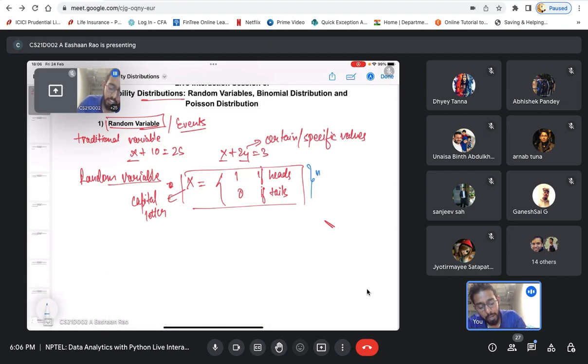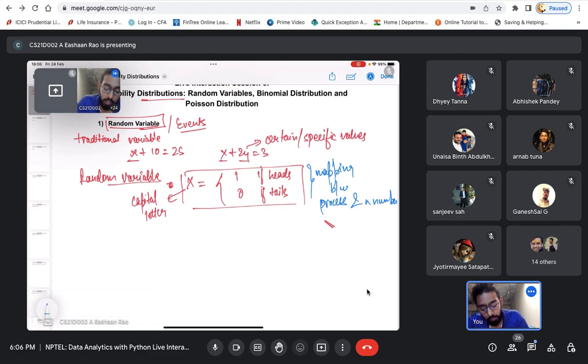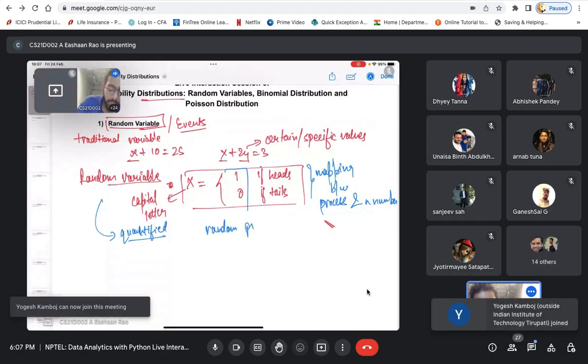So a kind of mapping is happening between a certain process and a number. Okay, so if you have already studied the aspect of random variable, they usually say that it is quantified, right? When we say quantified, it is this way: we have some random process, maybe flipping a coin,